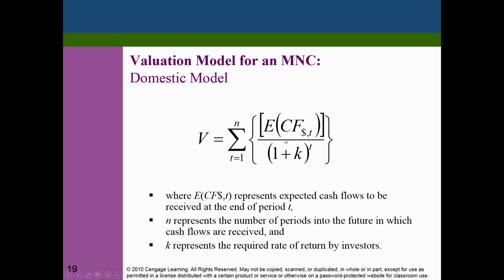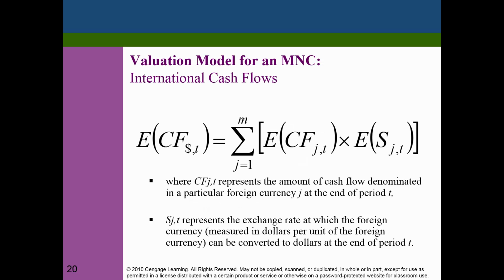So what we are saying here is that the value of the firm is the present value of the future cash flows. So we need two things. We need to find out the cash flows and we need to find out the cost of capital. Okay. So when you look at this model, it tells you that you can increase the firm value in two ways. One is by increasing the future cash flows, that is by choosing the right investments, and the second way is by decreasing the cost of capital. So how do we decrease the cost of capital? By choosing the right way to finance the business. So by using the right mix of bonds and stocks.